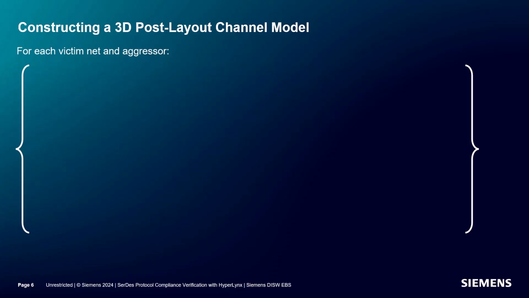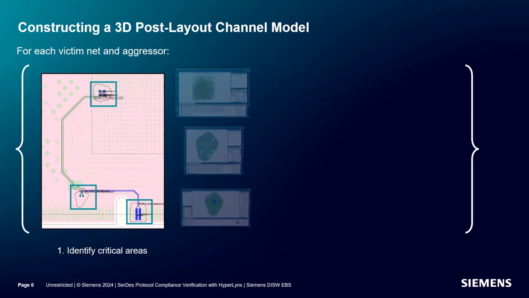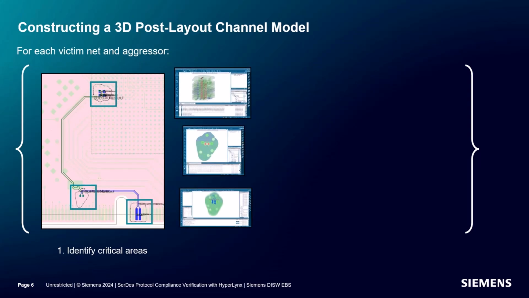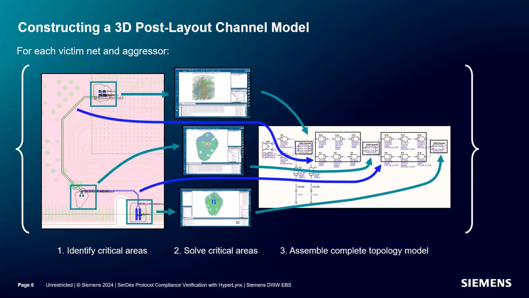Now let's move on to running this analysis with 3D via models. When people simulate a routed net using 3D vias, they typically model the net in three stages. First, they identify the areas of the net that require 3D models. Next, they cut those areas out of the board, create 3D projects, and solve them using a full wave solver. Finally, they assemble the net topology in a schematic editor by stitching the solved areas together with transmission line, connector, and component package models. The methodology is called cut and stitch modeling, and doing it by hand is difficult, time consuming, and error prone. That's what most people do.